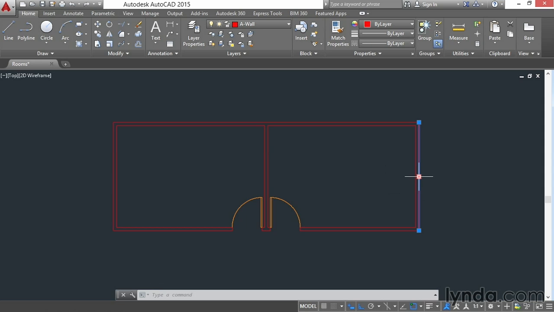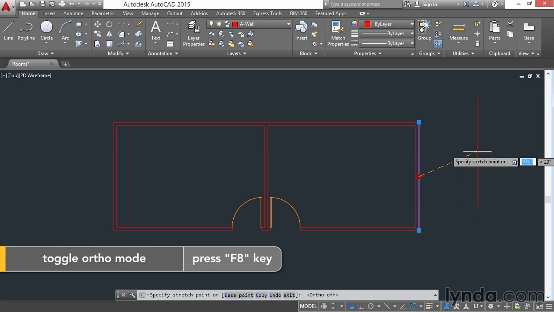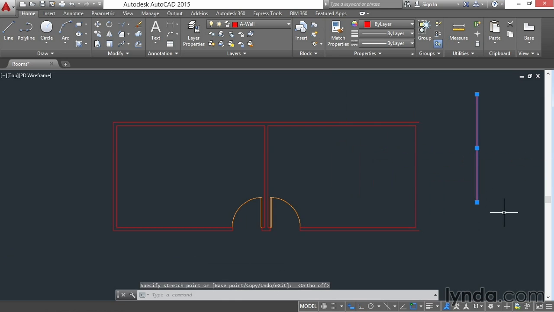If I click this middle grip, I have then picked up the line. I'm actually stretching it, but because it's the midpoint of this line, it's essentially equivalent to moving the whole line. I have ortho on, so I'm just dragging it horizontally. I'll press F8 to turn off ortho, and you can see that I can reposition that object to a new